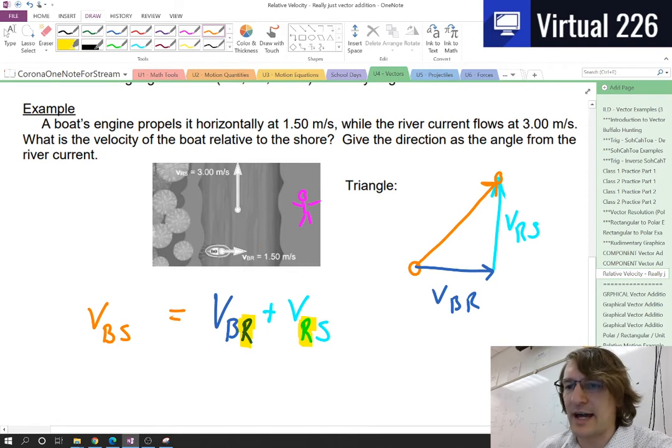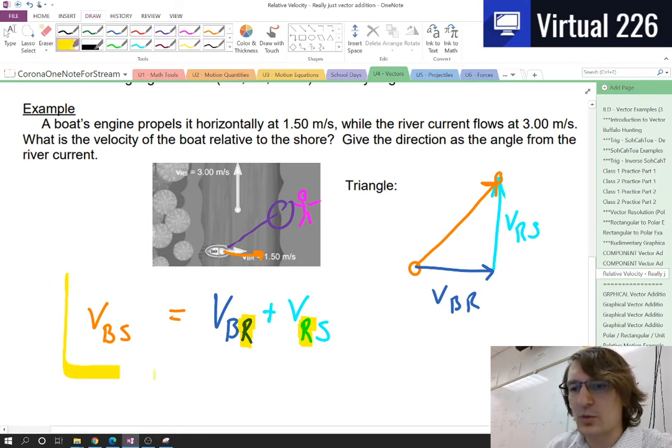And that makes sense. As your boat is coming across the water here, it's also being taken downstream. So you see your boat kind of wind up over here. Okay? And if you imagine swimming across the river, you get swept with the current and you're going to wind up further down. So that's what's going on here. This right here,